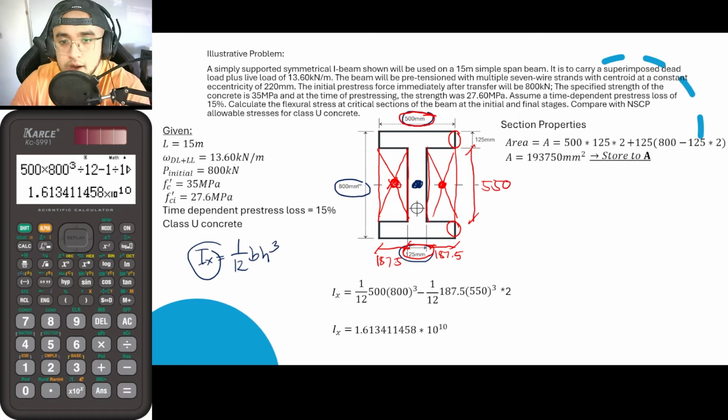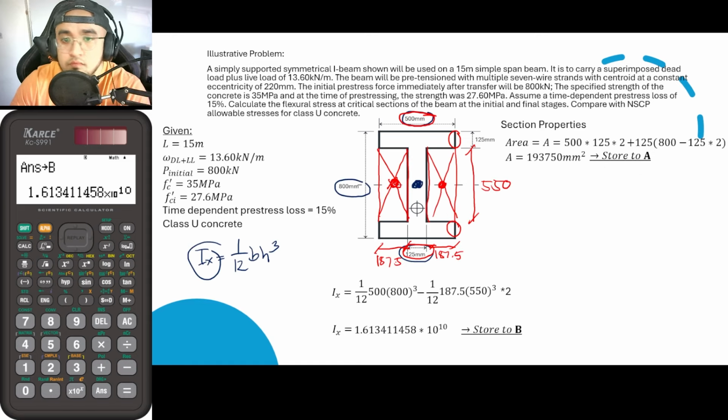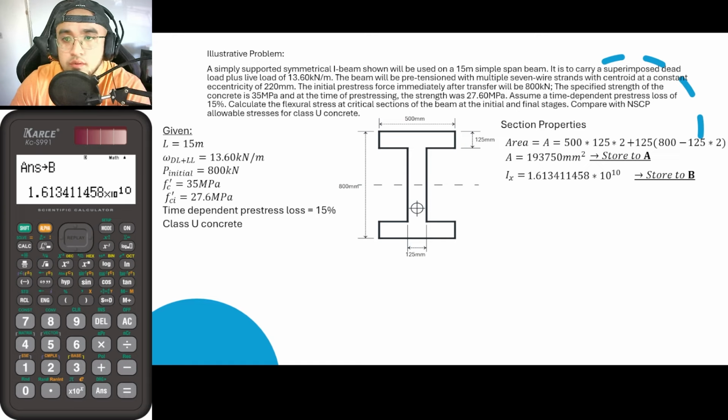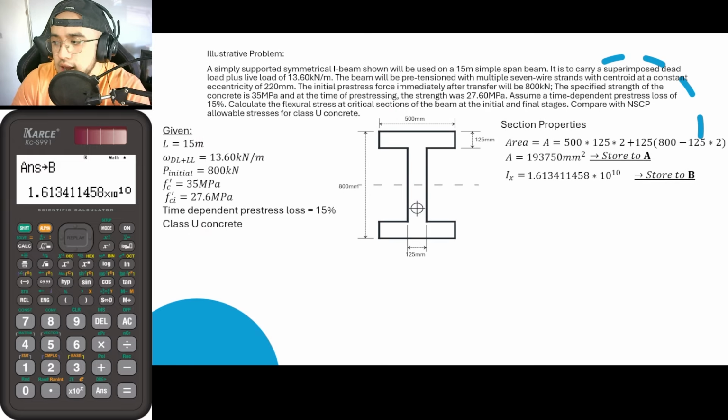And since that is very lengthy, I would rather store this to B. So I would now be pressing Shift, Store B. Once it has already been stored to B, let me just move this first to this location. So I have moved it here. Then proceeding, so what do we do now? Since I already know the value of the moment of inertia Ix and the area here,